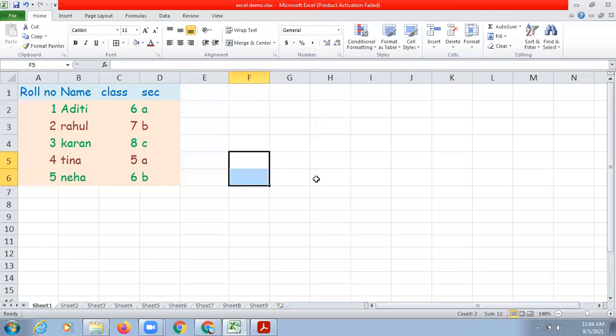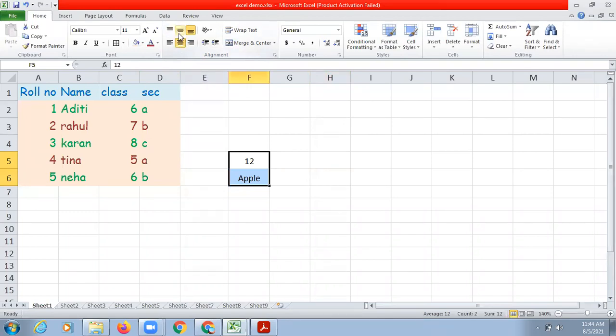Now if you want to do some changes with the content, you want to bring everything to the center, or you wanted to bring everything to the right side or left side, this is called as alignment. So you can select your text, go to the alignment group of the home tab, this is alignment group, and from here you can choose where you wanted to place your content. You wanted to place everything on the left hand side, or everything on the right hand side, or everything in the center. So I wanted to place everything in the center.